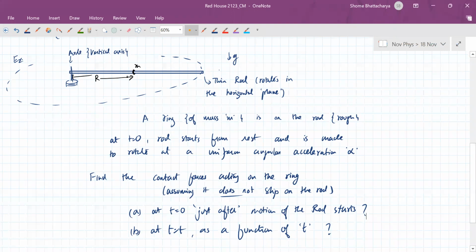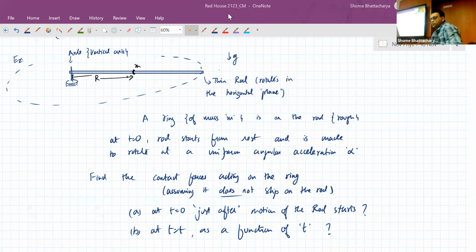Sir, it wouldn't have radial acceleration. How do we know that it is a tangential acceleration? Because we know that the circular motion is of which type? Non-uniform, because it's given that there's a uniform alpha. It's starting from rest, so that means definitely its omega is increasing. First of all, it's given to us that it has a uniform alpha. So that means it has a uniform tangential acceleration of magnitude R alpha, with capital R.